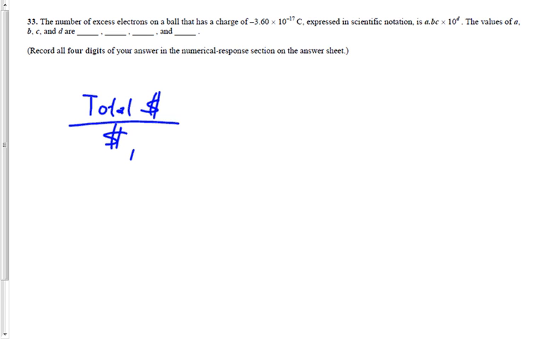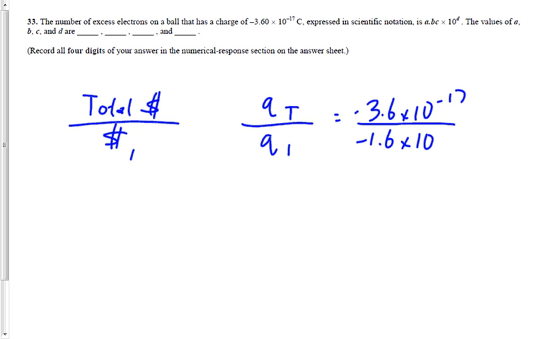Listen, if we want to find the number of electrons, then we're not going to take the total money, we're going to take the total charge. Okay, instead of being the total dollars, it's going to be the total charge. Instead of being the money for one person, it's going to be the charge for one electron. When you want to find a number of anything, it's going to be the total something divided by the amount for one. That makes sense? The total divided by the amount for one. So in this case, it's going to be neg 3.6 times 10 to the minus 17 divided by neg 1.6 times 10 to the minus 19. That gives us